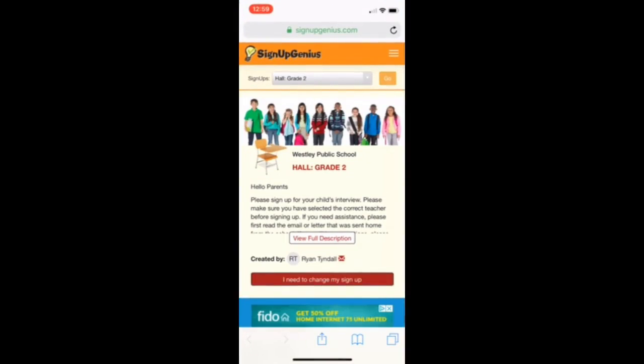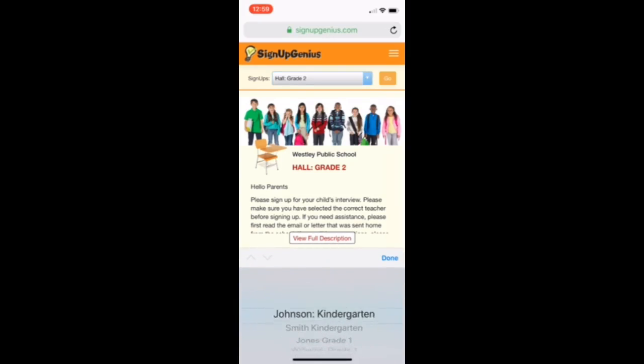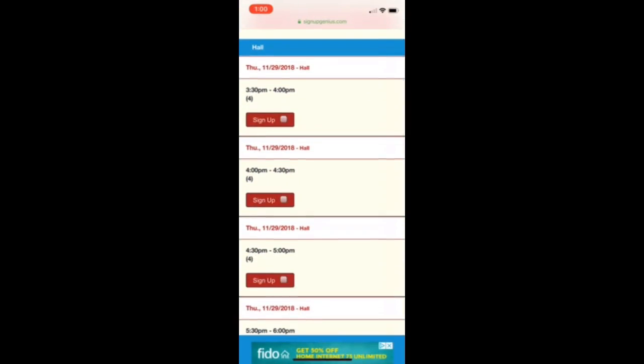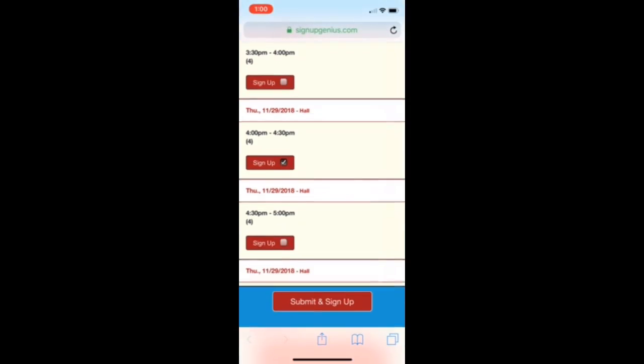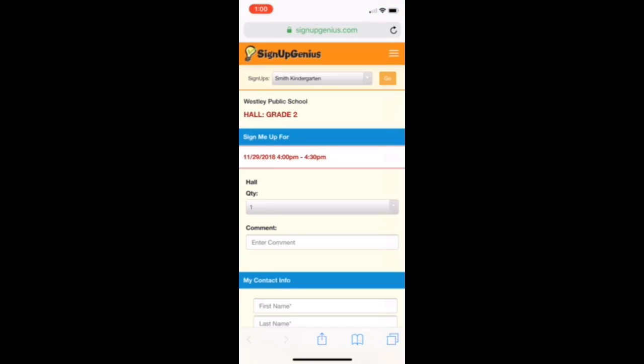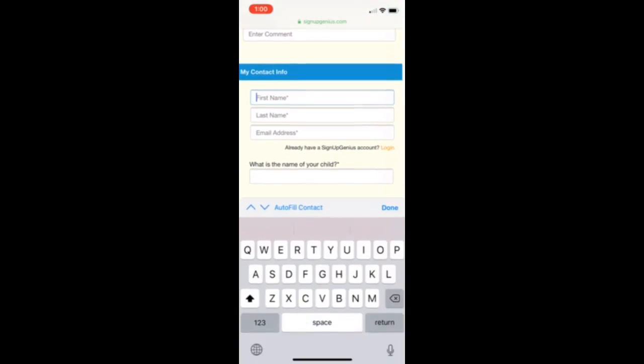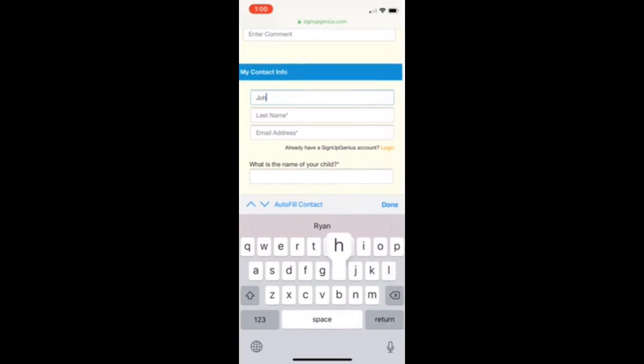It's a little bit different than the web-based version. So at the top there, you want to make sure that the class is selected right. You can click on the drop down here and then select the correct class. Scroll down to find the time slot that you wish, select it, and then hit submit and sign up, and then enter in the information. Make sure the quantity again is set to 1, enter in the information that you need,